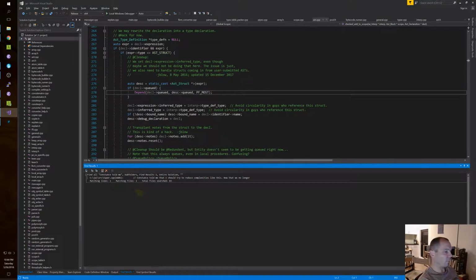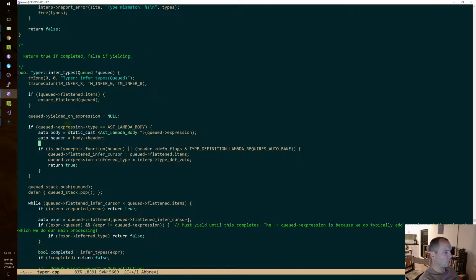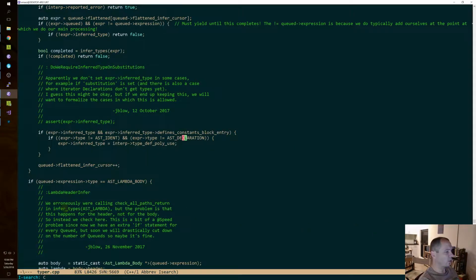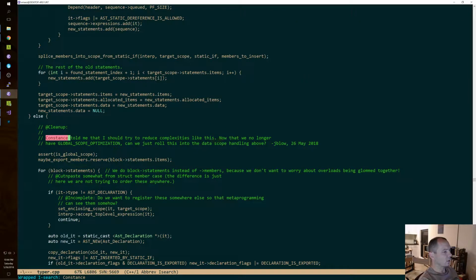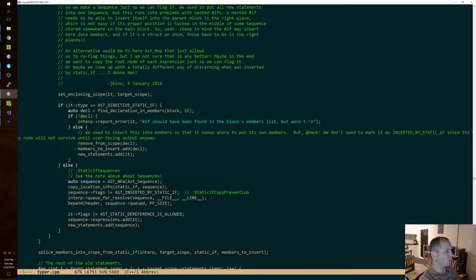I may fail. I'm a little tired. I've been doing this for 2 days straight. But let's give it a try, because this could really not only reduce the number of lines of code, but remove a really silly, or not silly, but complication that's not good. Okay, now that we no longer have global scope optimization, can we just roll this into the data scope handling above?